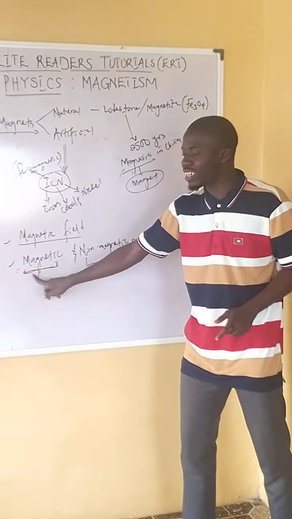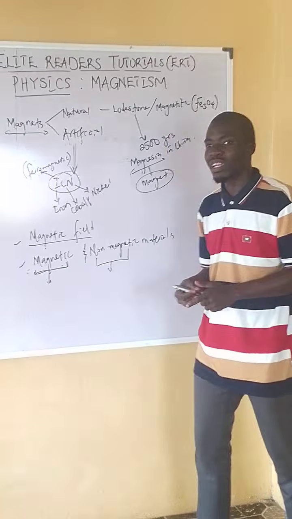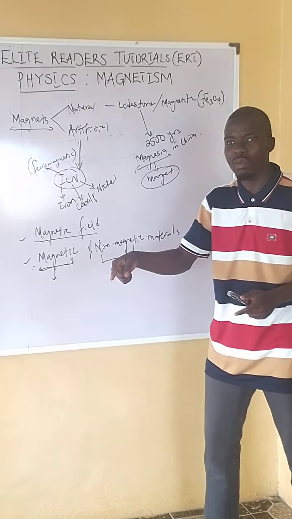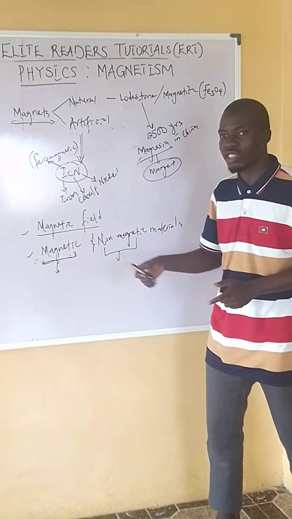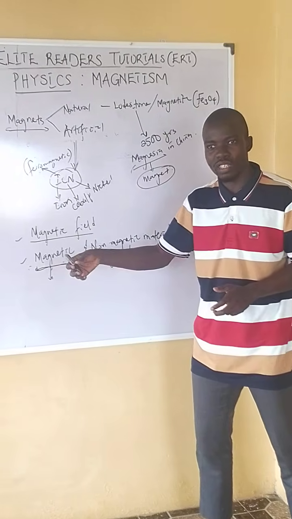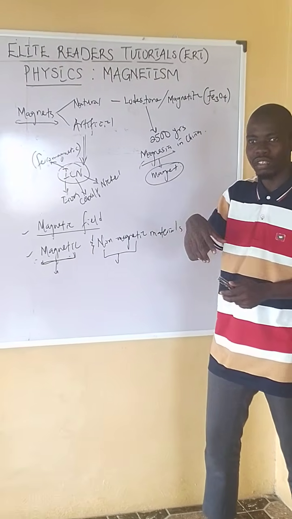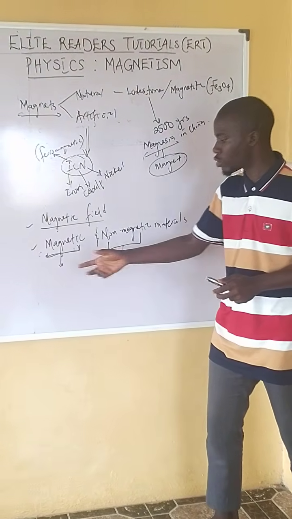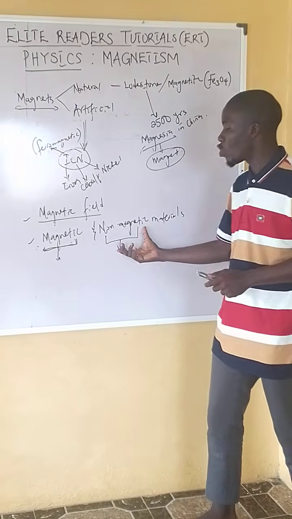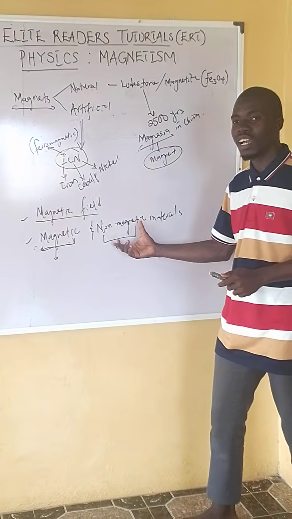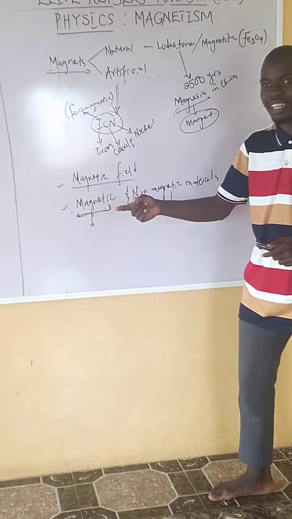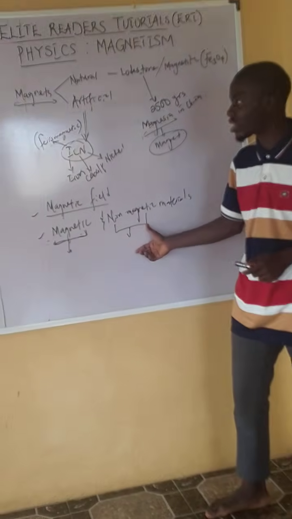In short, magnetic materials are materials that can be turned into magnets by the process known as magnetization. And we can also demagnetize them back. That process is demagnetization. We will talk about that too. But non-magnetic materials cannot be made into magnets and cannot be attracted by